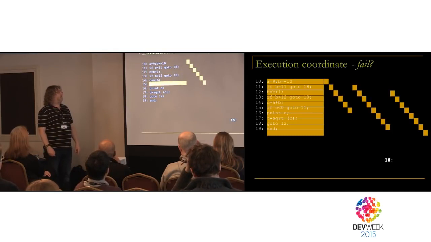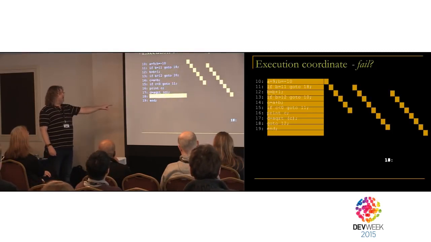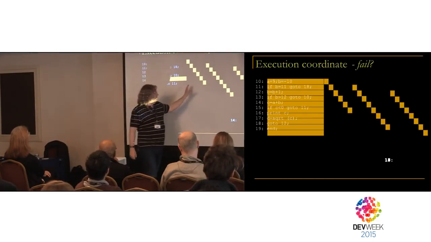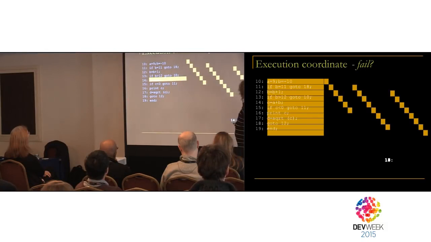Let's have a look. Well, what's going on here is we can see at each point what line we're on, and we can keep track of what line we're on. But when we look at the time, well, line 14 could be this instant, or this instant, or this instant. And the history could be this history, or this history, or this history. We just don't know. So in this example of code, there isn't an execution coordinate. We can measure the line, but just knowing the line number doesn't give us the execution coordinate because it doesn't localize the time. Does that make sense?